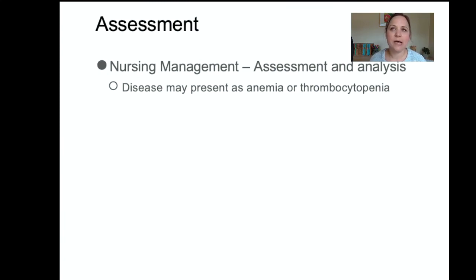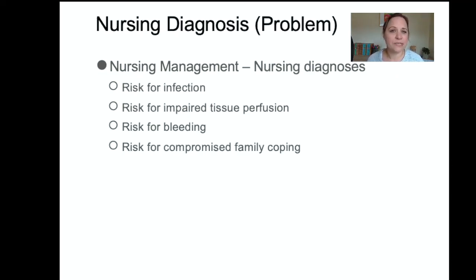Patients may present to the clinic or to an emergency department complaining of some vague symptoms, like maybe some fevers, maybe some signs of infection, fatigue, and they also can present with some anemia or some thrombocytopenia. Nursing diagnoses related to leukemia include risk for infection because they're immunosuppressed, or immunocompromised rather,